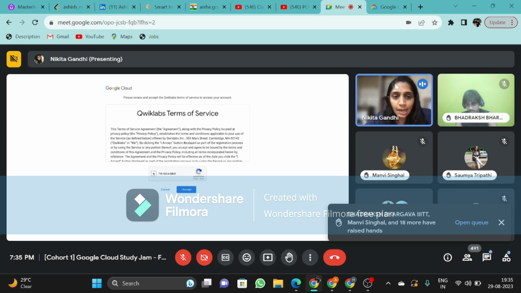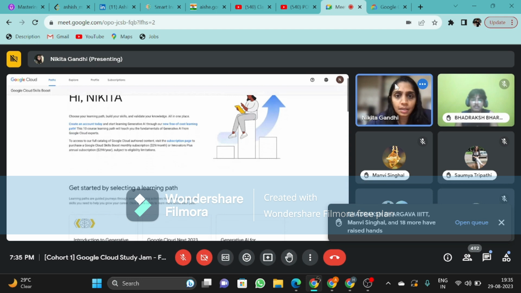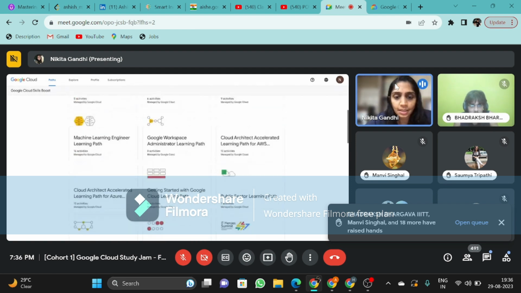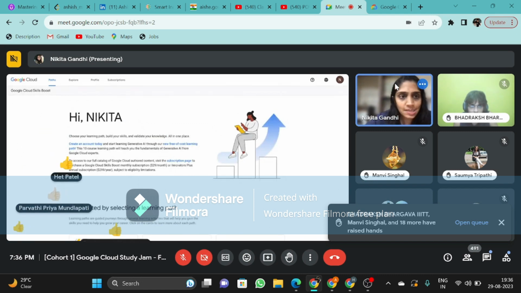Now, it will ask you to accept some terms of use and service. Accept those, without which you won't be able to move to the next screen. Once you accept that, this is the screen you get. You see no passes, no pathways, no courses done in the past. This is what a new Skills Boost account looks like.